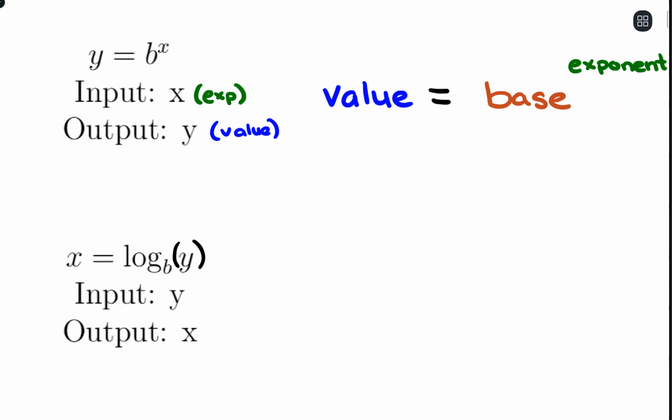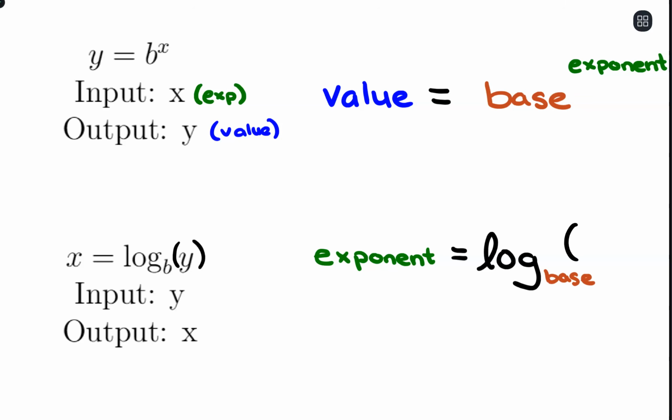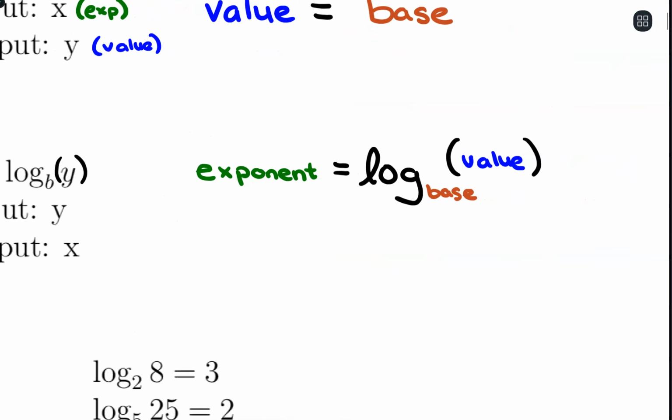So how I could rewrite this in words is that we're solving for an exponent, and that is going to equal some logarithm. So for our notation, we use log, and then we're going to have some base, and then we're taking that logarithm of some value. So the idea is that when we look at a logarithm, we can see a base, we can see a value, and we want to fill in the blank for what exponent makes that base and value work together. So when I read logarithms, I often say to myself, like,